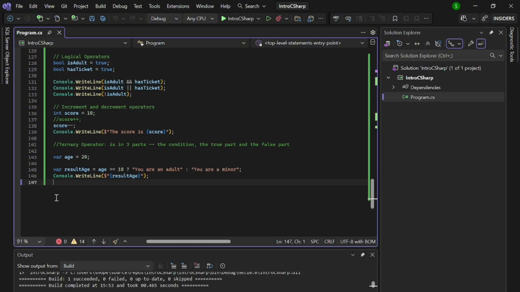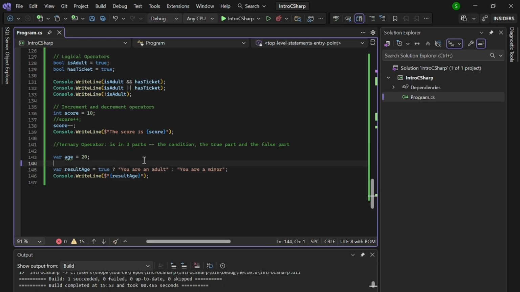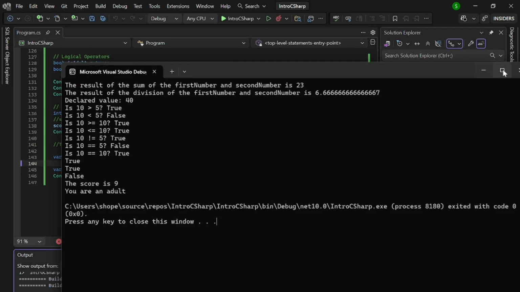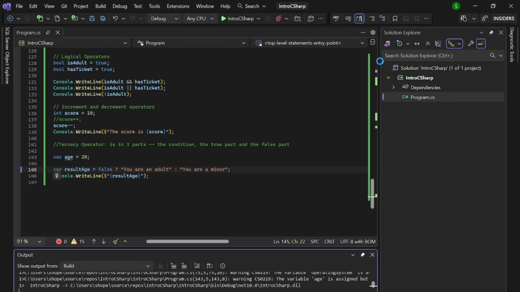And we don't need to explicitly write what this condition is. All we need is a boolean value, which can also be true or false. So we can also come here and just write true, and you also get you're an adult printed out. So if you run it, you get you're an adult. Likewise, if you put false here, you're going to get